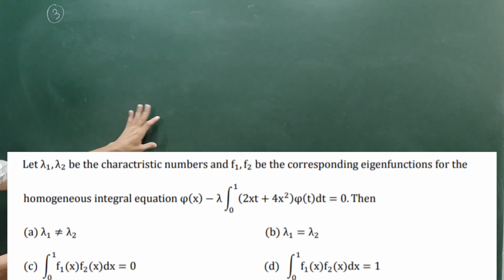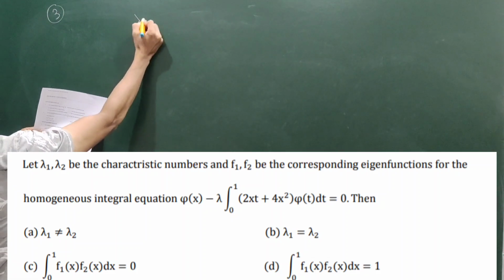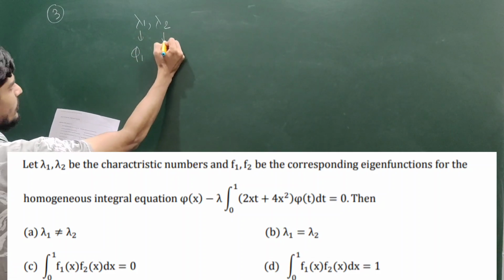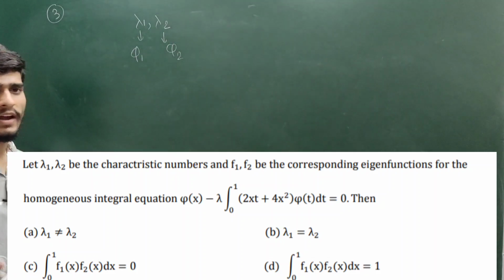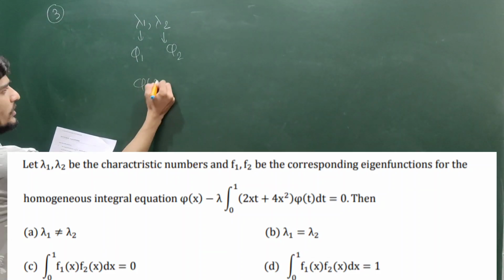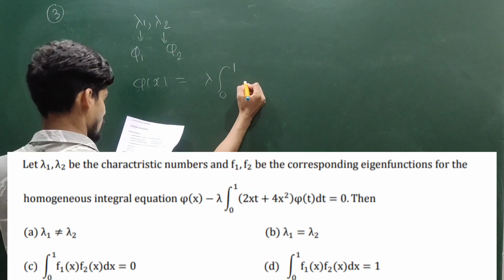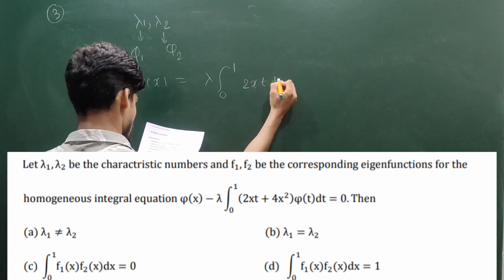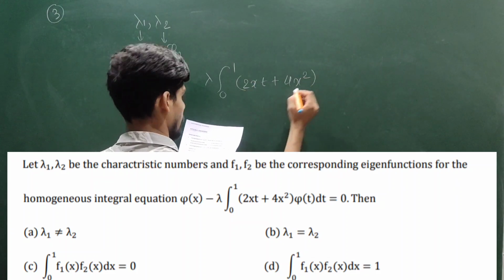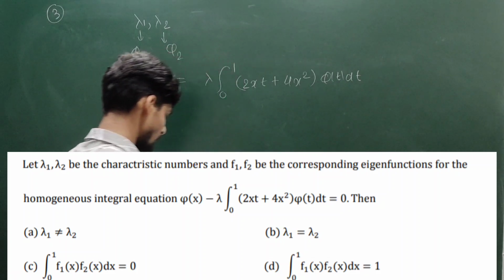See, because of just notation, I am assuming lambda 1 is an eigenvalue, lambda 2 is an eigenvalue, and the corresponding eigenfunctions are phi 1 and phi 2. For the homogeneous integral equation, phi x is lambda times integral 0 to 1 of (2xt plus 4x square) phi t dt. Then